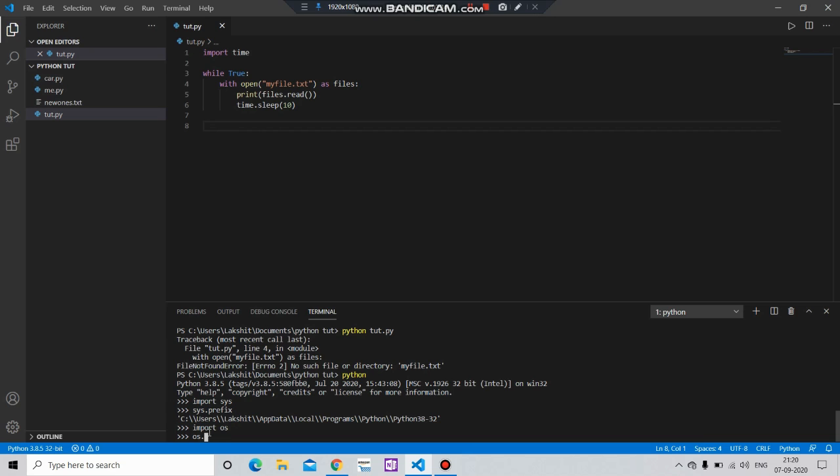To check, put os.path.exists, then put the file name here. Let's say myfile.txt,